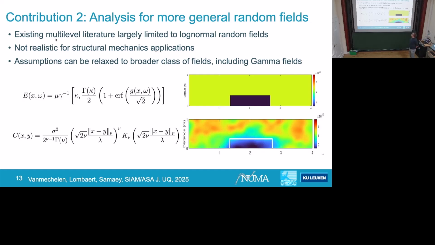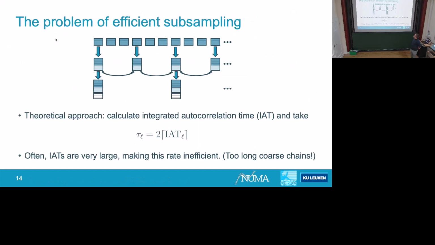So that's the first contribution that Peter made in his thesis. Second, and this is more a technical thing, is that the proof he started from was for log normal distributions. He thought it would be good to make the proof agnostic to what kind of distribution was involved. And I already told you, log normal is not realistic for structural mechanics applications because you don't have a maximum. And now we can do that, so I'm going to briefly skip over that.